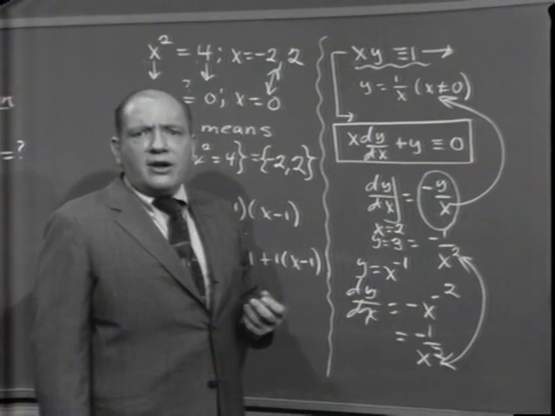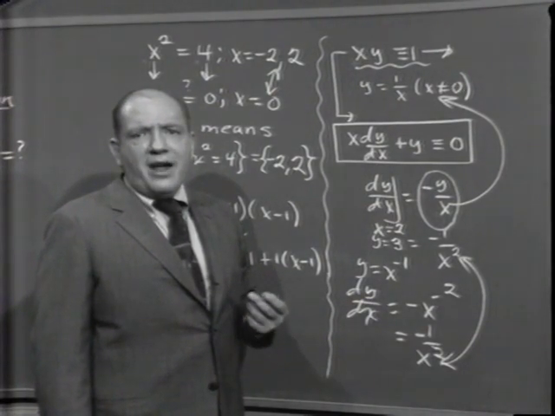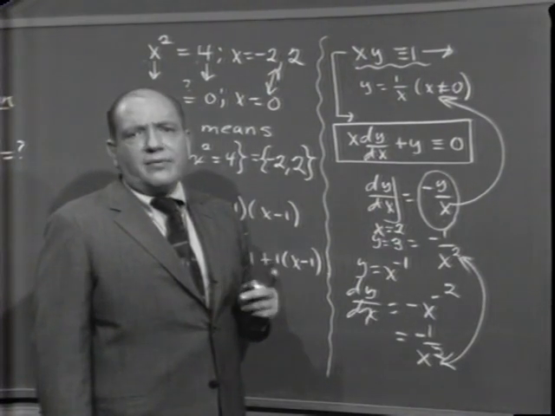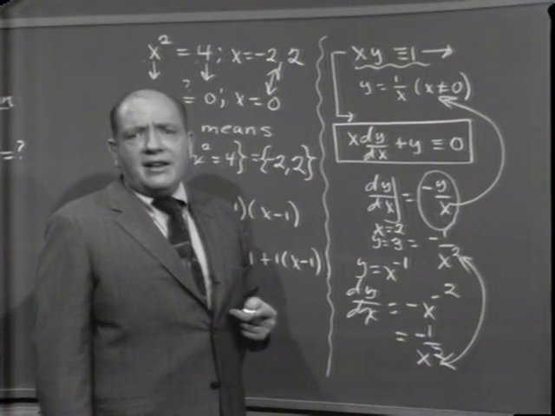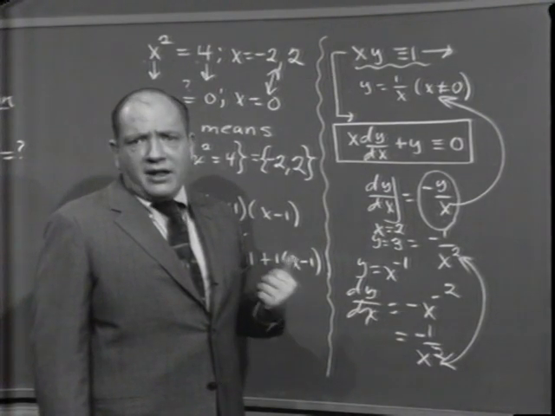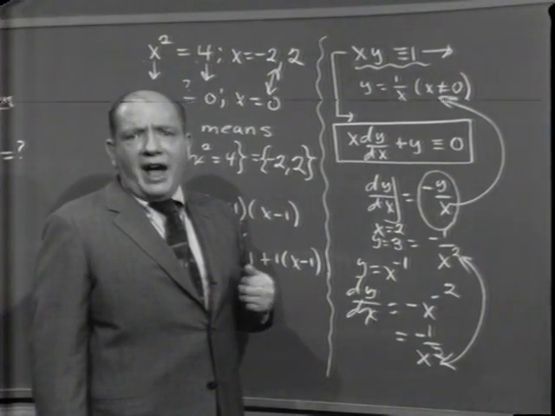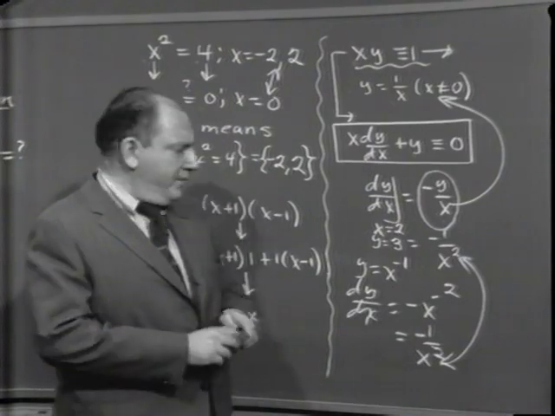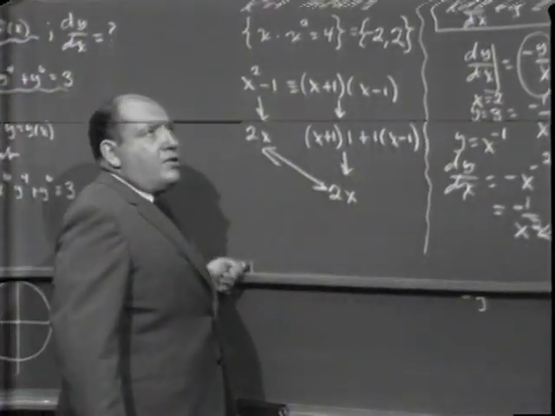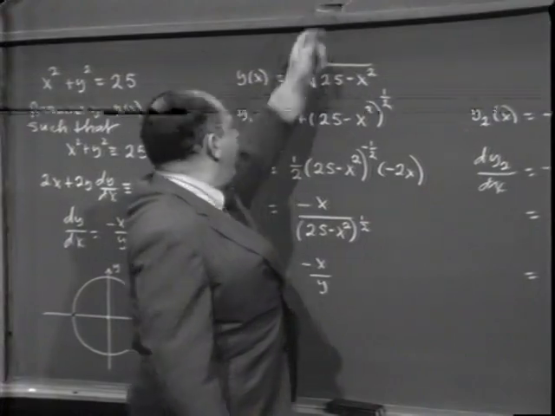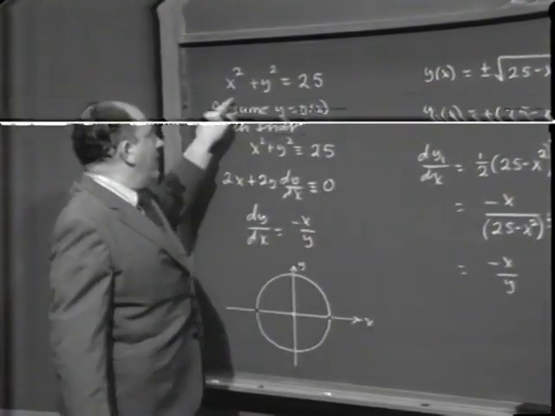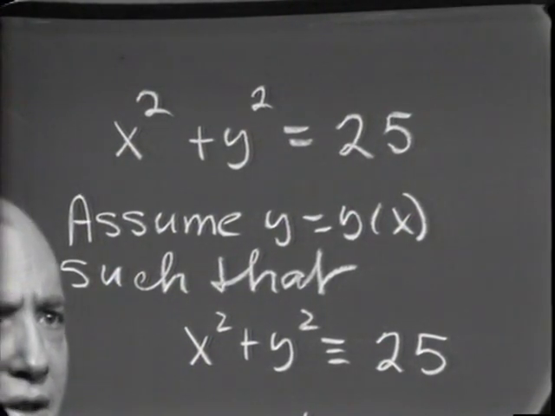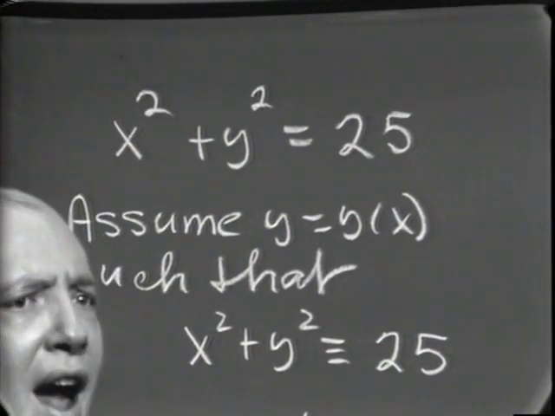Well, so far this may look rather easy and straightforward, but the fact remains that there are certain subtleties here which we have not hit yet. So what I'd like to do now is pick a second example, slightly more complicated than this one, which can still be solved explicitly, but which leads to a wrinkle which we may not have observed before. With this in mind, let's consider the relation x squared plus y squared equals 25, and ask the question, how do you find dy/dx in